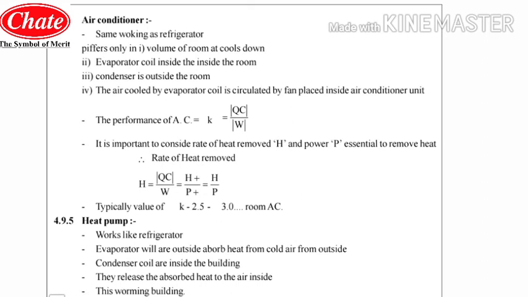Now the evaporator, so we will discuss the working in short. The evaporator coil which is situated outside the room will extract the outside heat, as we know that evaporation will extract the heat while condensation will lose the heat. So the condenser coils are situated inside the room, exactly opposite to the air conditioning. That's why they release the absorbed heat into the air inside. So the objects of the room will become warmer due to the condenser. So this is warming up the building, and this is nothing but the heat pump we are using to take heat from a low temperature point toward the high temperature.